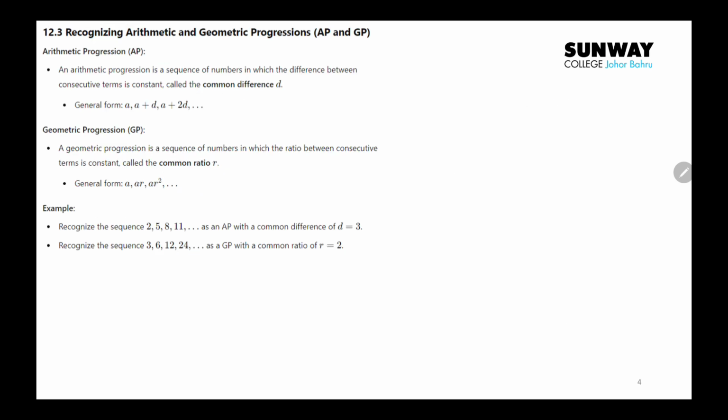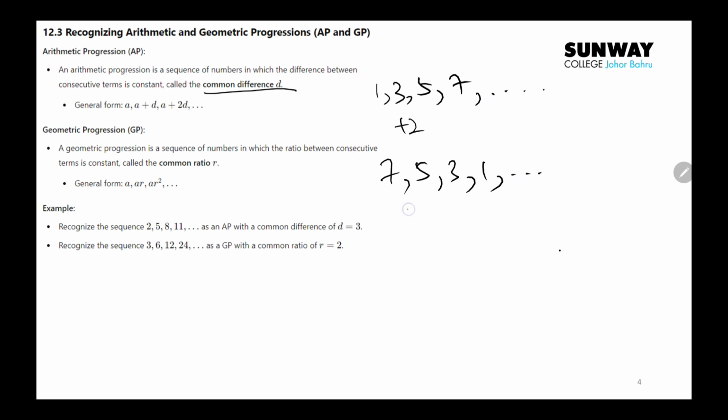Another type of series we would like to talk about includes arithmetic progressions and geometric progressions. Arithmetic progression is when there is a common difference. A quick example is 1, 3, 5, 7. Everything is adding by 2. It can also be in descending order, 7, 5, 3, 1, and the list continues. The next term may be evaluated by simply minus 2. Geometric progression, on the other hand, is when there is a common ratio. It can be a multiple of 2, or everything divided by 2 for you to get the next